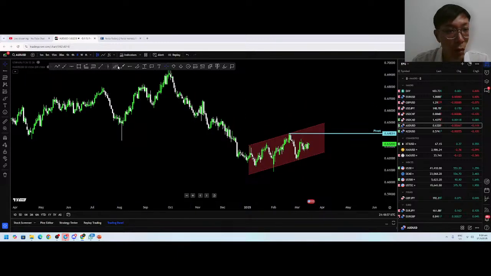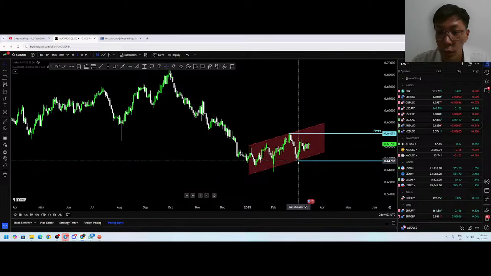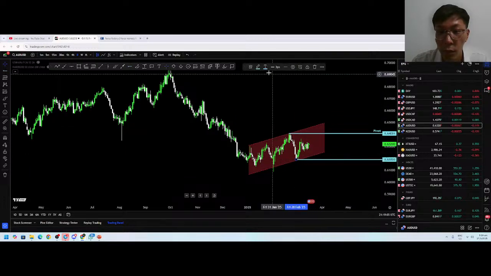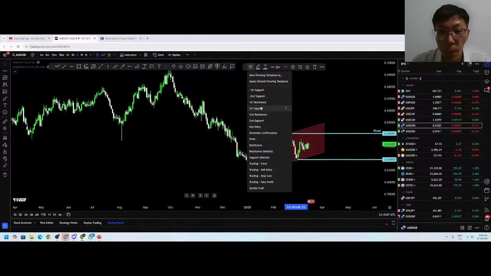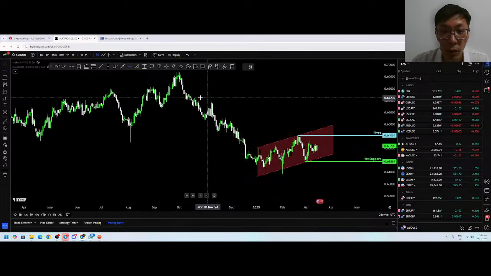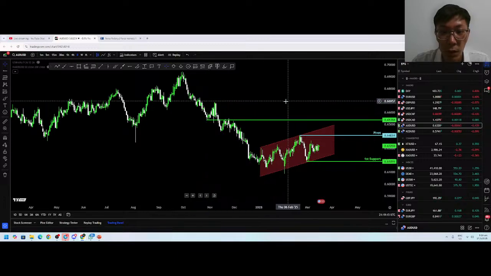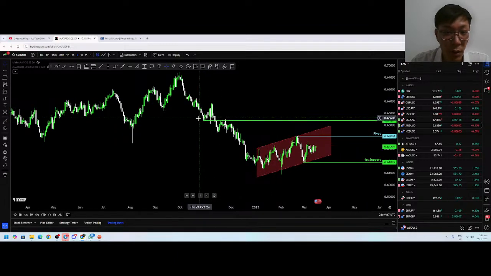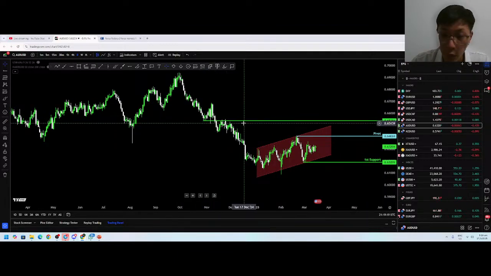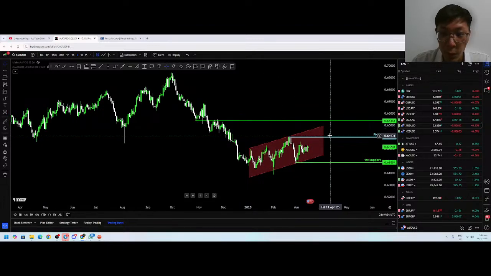All right, then this is our support level. All right, then this is our, where's a good resistance level? Yeah, here. All right, so this overlap resistance level is a pretty good resistance level right here. This is our pivot point. Okay, right, there is a possible